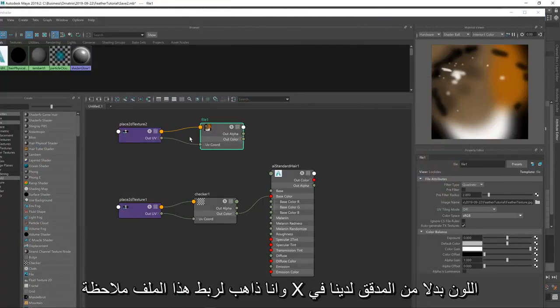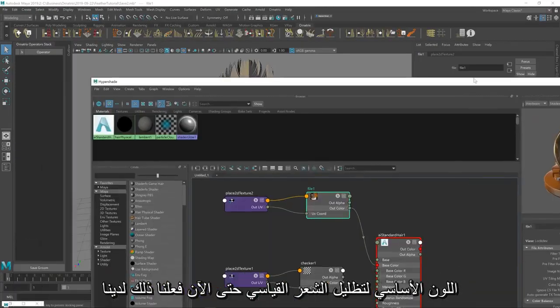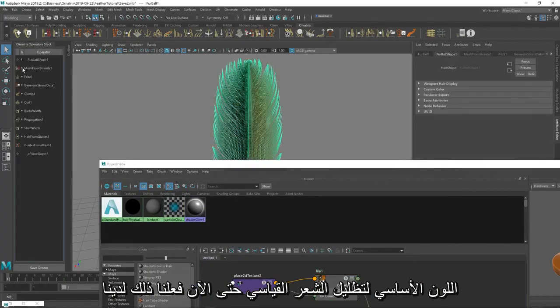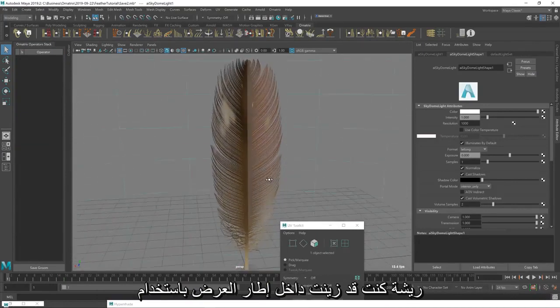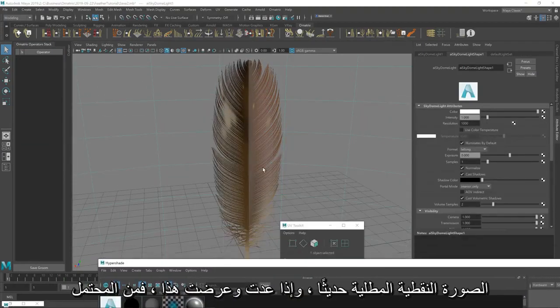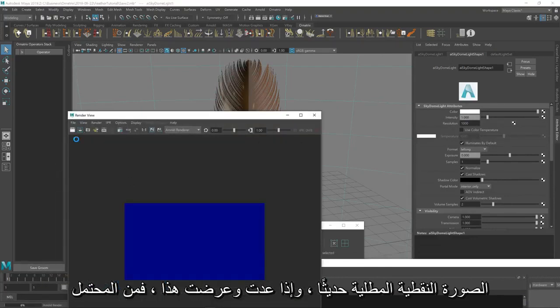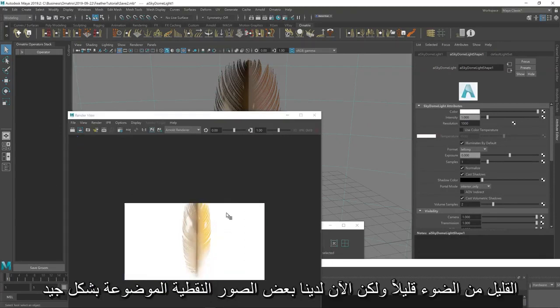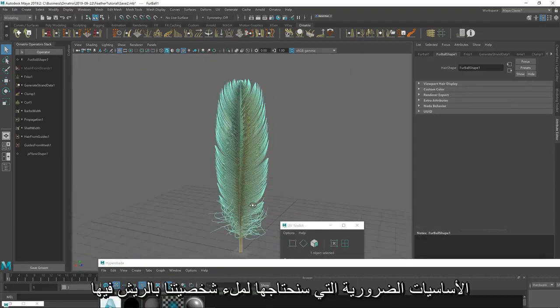And I'm going to connect this file node's color, instead of our checker, into the base color of the standard hair shader. So now that we did that, we have our feather textured inside the viewport using our newly painted bitmap. And if I go back and render this out, it's probably a little bit too much light, but now we have some custom well-placed bitmap texture on top of our feather. So this more or less covers the necessary basics that we will need to populate our character with